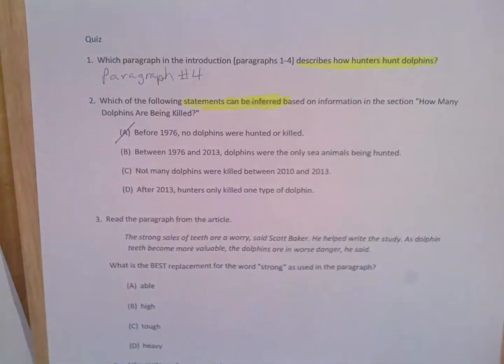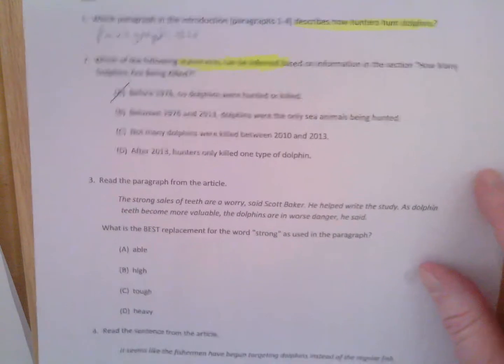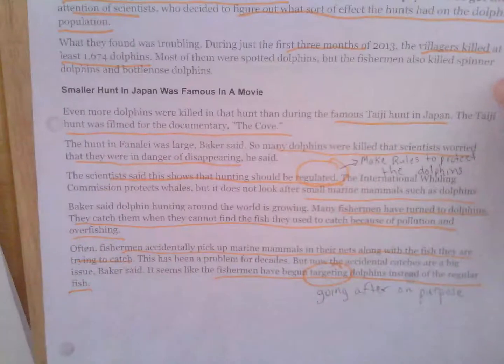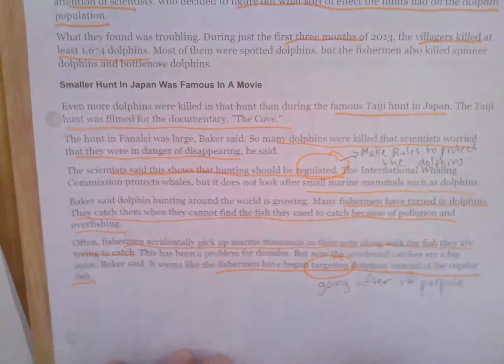Let's take a look at letter B. Between 1976 and 2013, dolphins were the only sea animals being hunted. Well, if we go back into our text again, let's take a look. In our text, it said that,